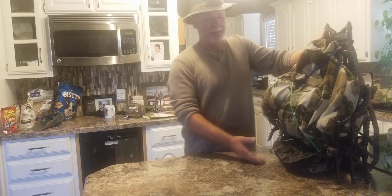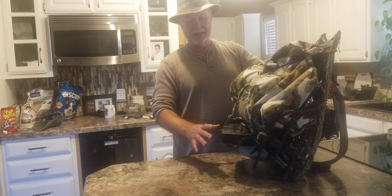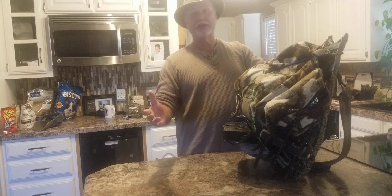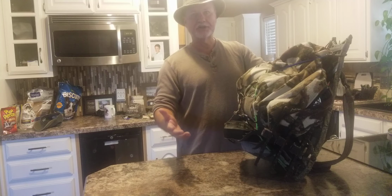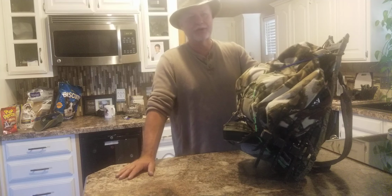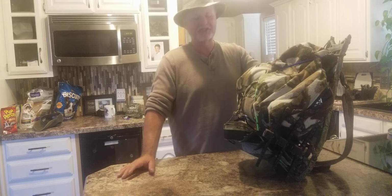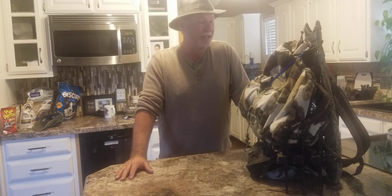And what I really like about this is it also replaces a frame pack and gives me the ability to carry all this. If I shoot a deer, I could bone it out and carry it out on this stand, or take a quarter out at a time. Take extra filming gear, whatever. This stand will hold a lot. And as someone pointed out in one of my other videos, no, it don't replace a pack frame. It's not going to ever be as comfortable as a pack frame. But this will carry a large load out of the woods. So like I said,